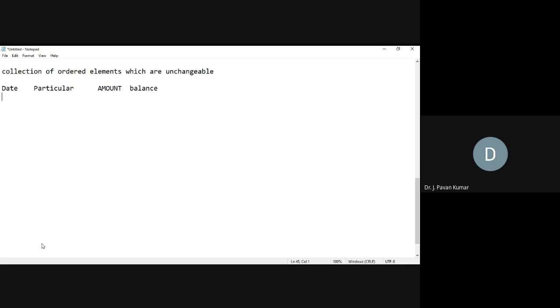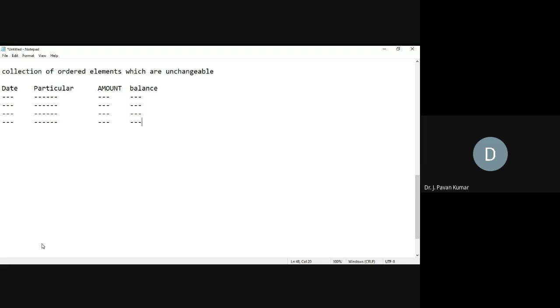Okay, these are the 4 fields. Now, in this particular data, we will be having several rows. Let us consider this is one row. We are having another row like this. We are having another row like this.